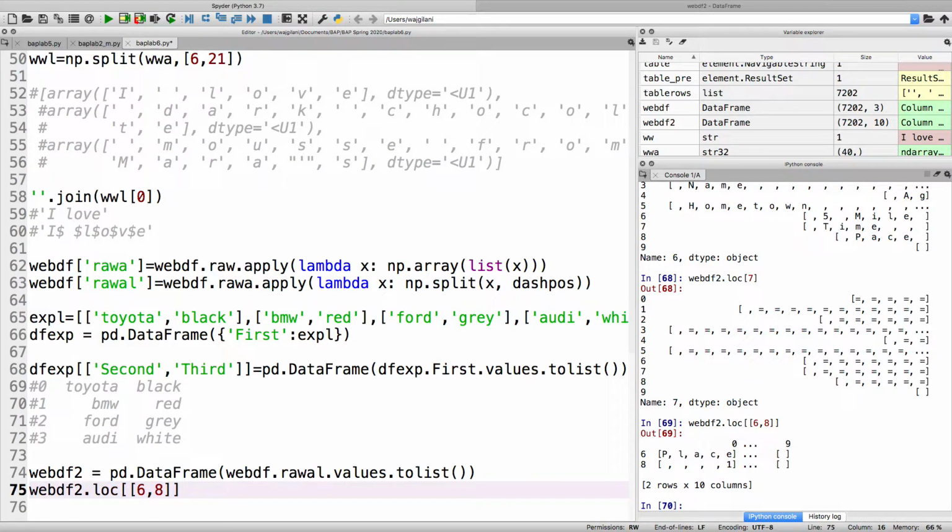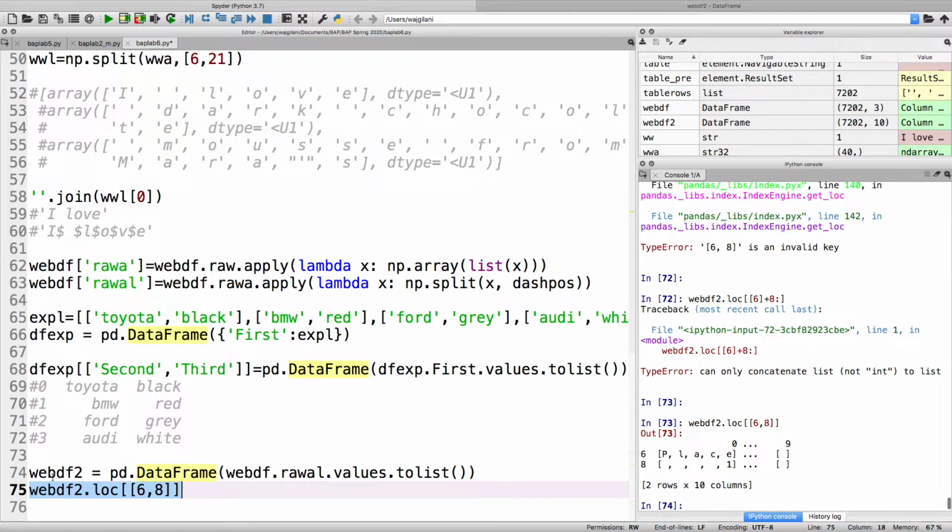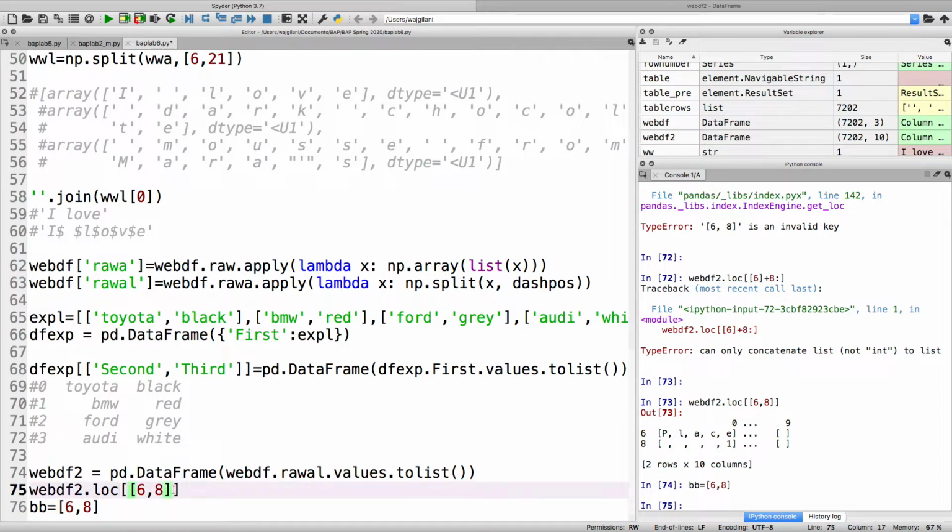So, how do I do this? And I want it to be dynamic. Here I have the 2 values that I want. I can store these 2 values in another variable. Let's call it BB. BB equals 6, 8. I showed you guys this before. This was actually from our first lab, believe it or not. And if I just stick BB in here,